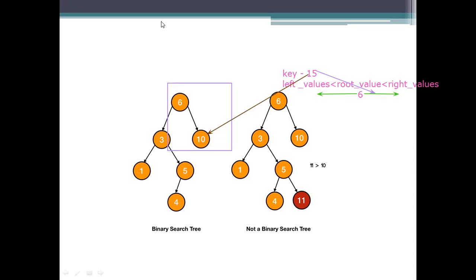So here, compare the values. If the key value is equivalent to the right child value of this root, then we will say the element we have been searching for has been found. But it is not an equivalent one. Consider this as a root node. But here the process will stop right there itself. Why? Because it's a leaf node. It doesn't consist of any children. So the element we are searching for won't be here.